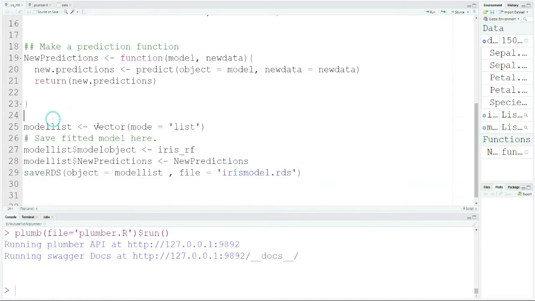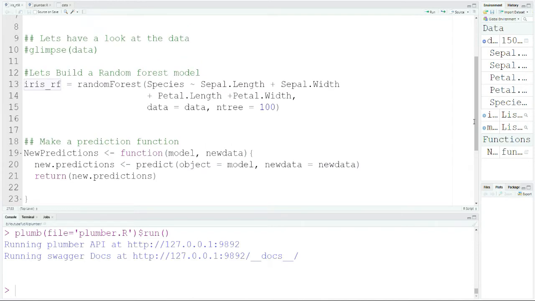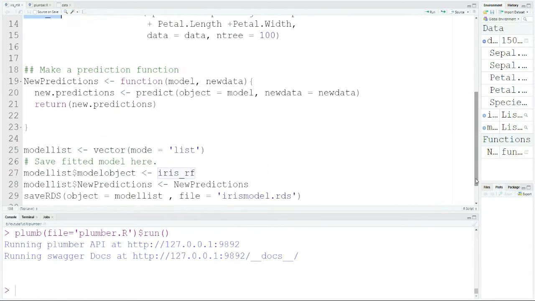I have created a model list, a vector, where I have stored a few things. I have stored my model object. I am providing that iris_rf is my model, which I have created here. So in this vector, I have written model_list$model_object, providing that iris_rf is my model.